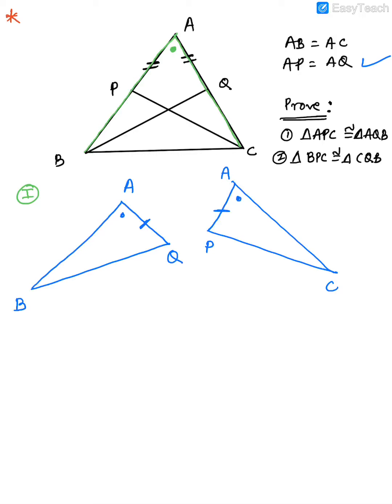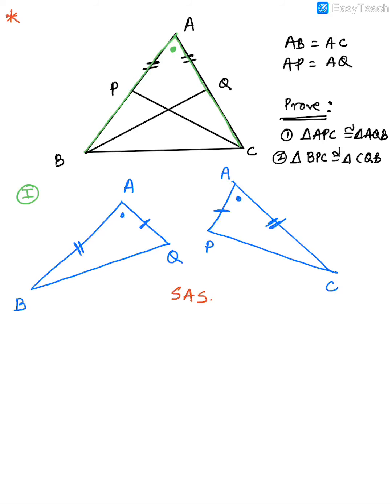Also it's given that AB is equal to AC. So AB is equal to AC is also given. So what will be these two triangles? They will be congruent to each other by which test? By SAS. So you are going to write 4 statements to prove it congruent. Okay, I'll repeat once again. I am not writing the statements. You'll write the statements on your own. So if you want, first you can write down, then I'll read out for you and you can cross check your answers. Okay, if you're confused and you listen to me first, then pause the video and then again start writing.